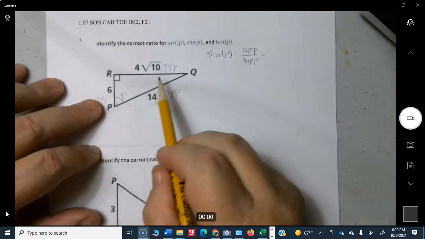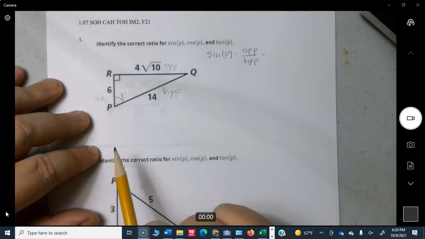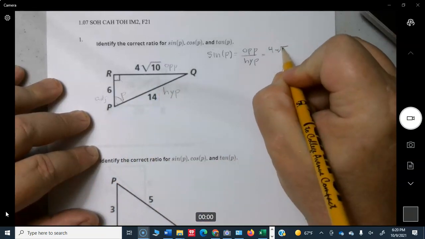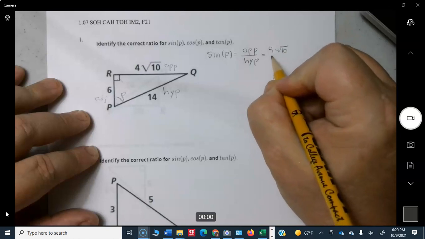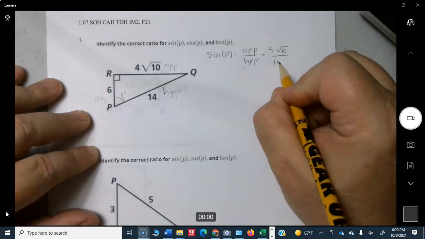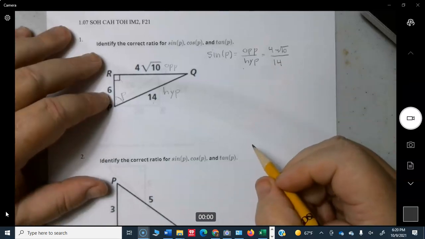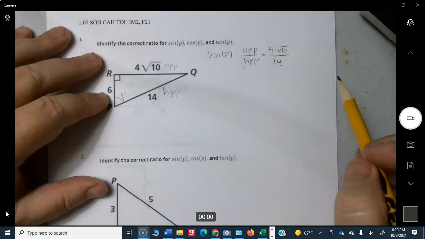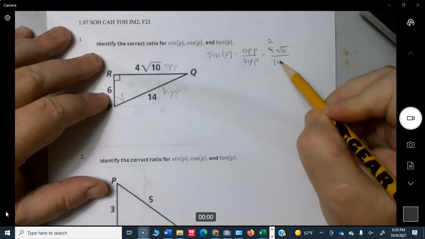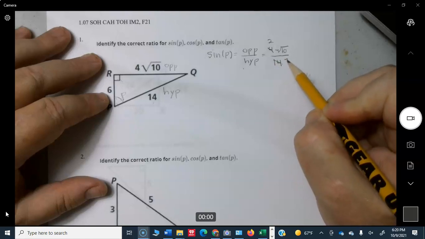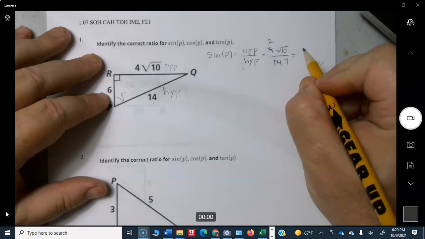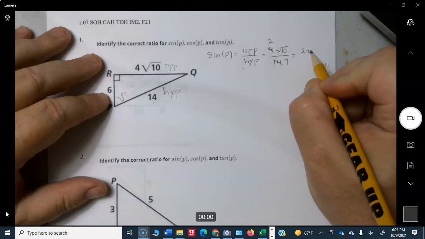Okay, so now we're ready to go ahead. We have opposite, adjacent, hypotenuse. So opposite is 4 square root of 10 over the hypotenuse, which is 14. Okay, and now you can simplify. You should always simplify. So 2 goes into 4 2 times, and 2 goes into 14 7 times. And you can't simplify any further than that. So your answer is going to be 2 square root of 10